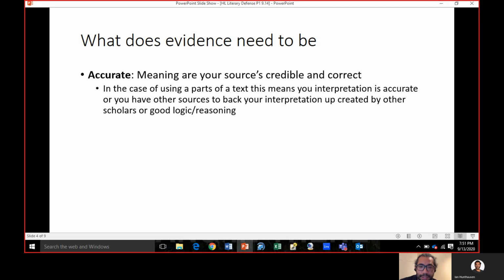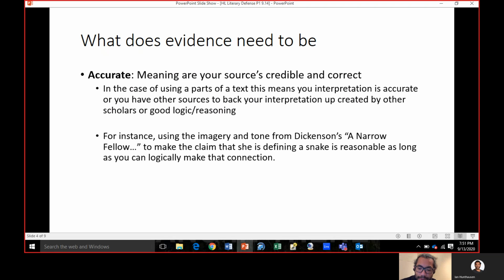Now, if you were doing a synthesis essay of some kind, you could go out and find other sources that support you and say, well, this is the type of tone she created, and this is the type of word usage that supports that. So you could use that as a supplementary source to back up what you did. But at the end of the day, you still have to explain it using your own words. And those sources are just there to kind of help you out along the way.